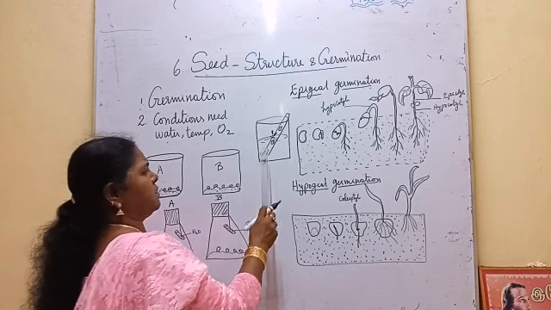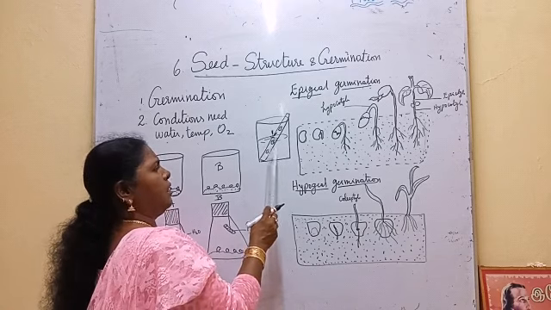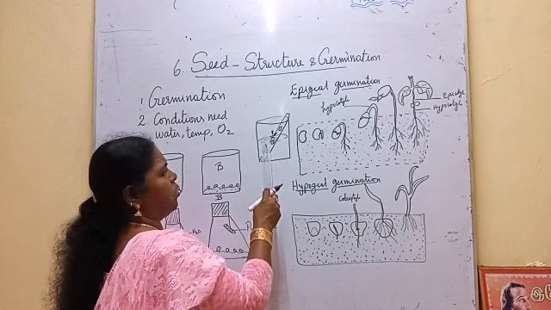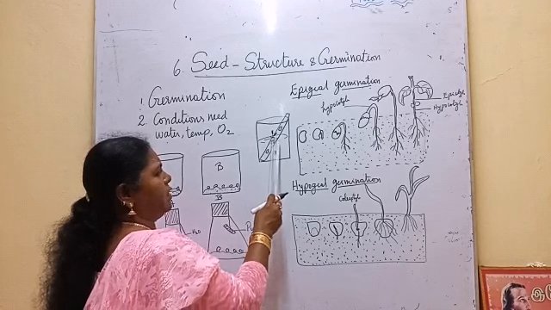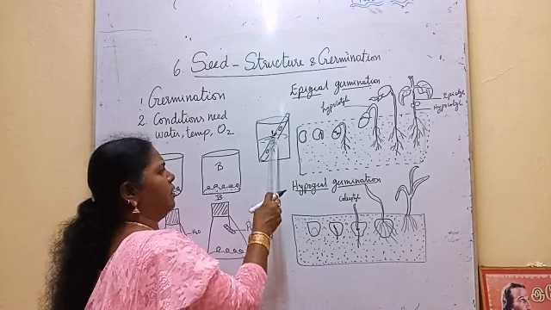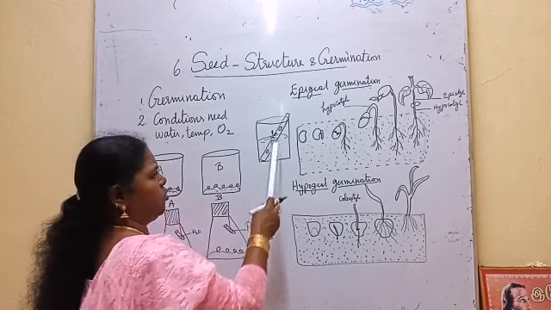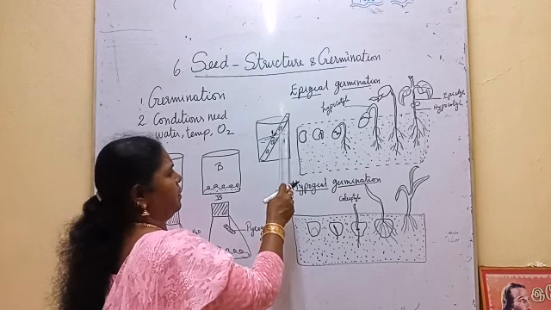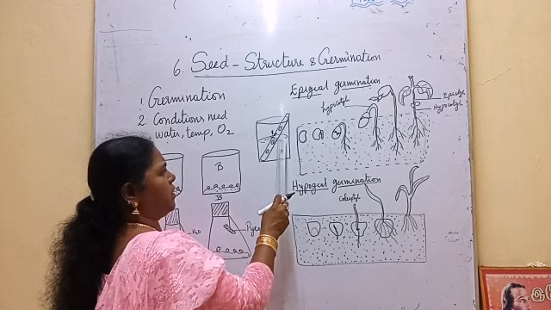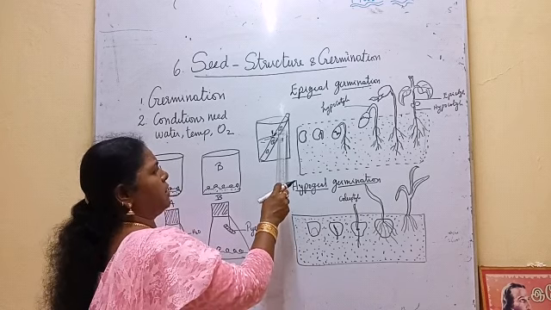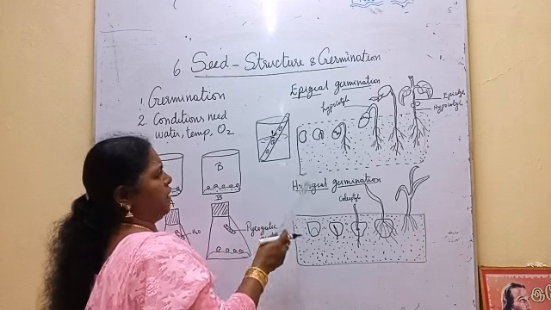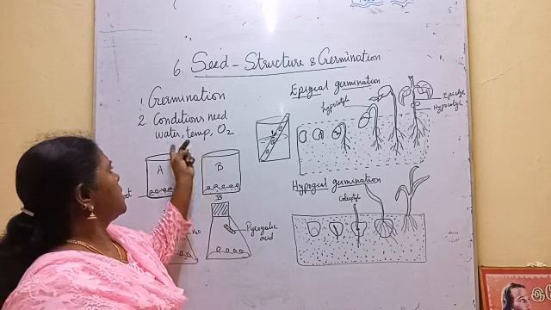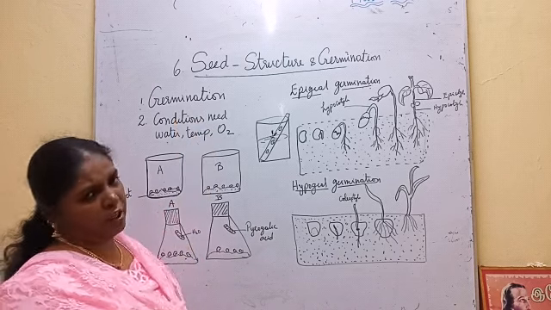Why? The first one is getting water, but oxygen is very low in the water, so it is not getting atmospheric oxygen. The second one is getting water, oxygen, and room temperature, so it germinates. The third one is not getting water, it gets only oxygen, so it will not germinate. So with these 3 bean seeds, we can prove that these conditions are necessary for germination.